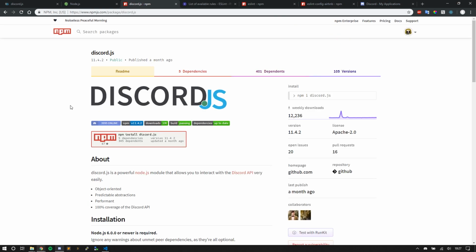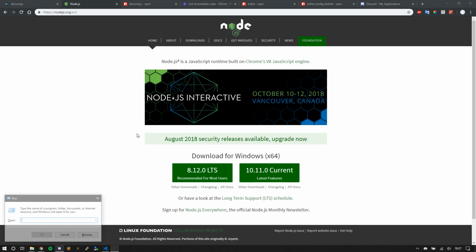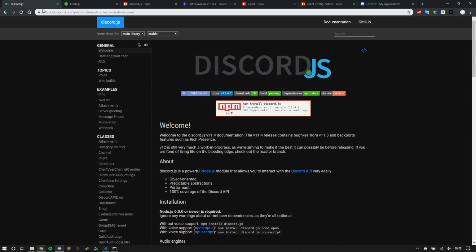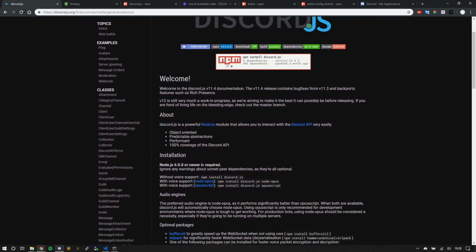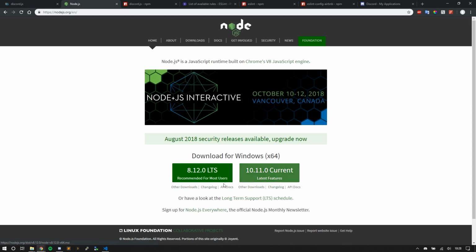Next we're going to talk about Node. Node.js is one of the first things that you're going to need, and you can simply come here and install it. I already have it installed. If I go into the command prompt and check the Node version, I have 10.6.0. For Node.js, I think version 8.0 or newer is required, but here you can see I have 10.6.0 installed, so I'm good there. Here you can install Node.js, and if you have trouble installing it, I'm not going to specifically go over it, but I will link help in the description.